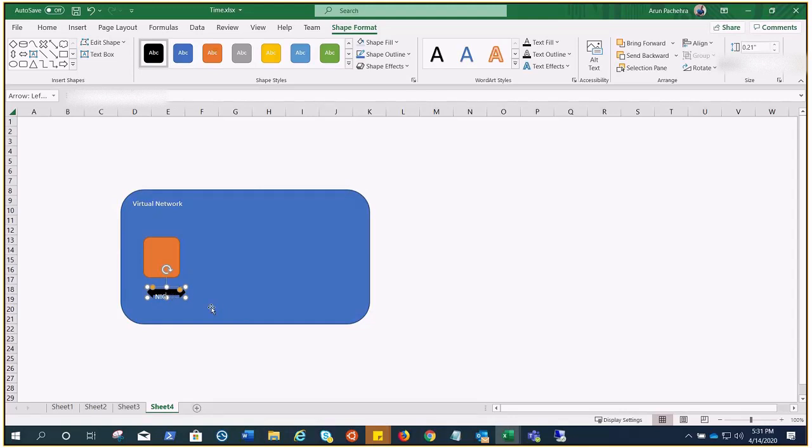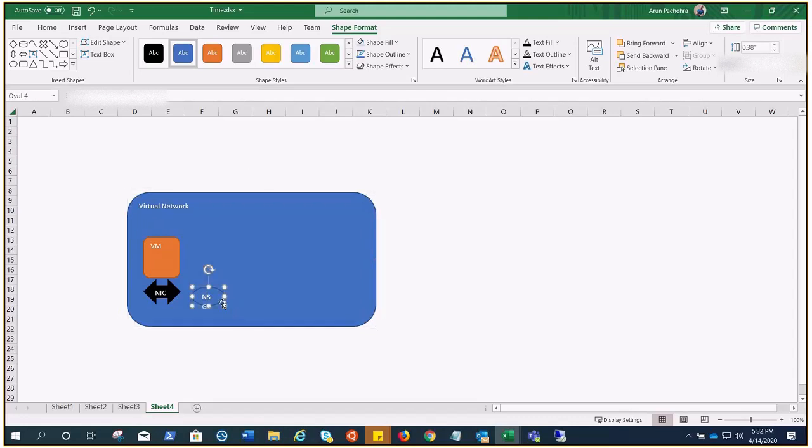This is the NIC on this virtual machine, and we have an NSG in place on this NIC. Now this VM cannot go to the internet, and we have, let's suppose, our storage right here, and it